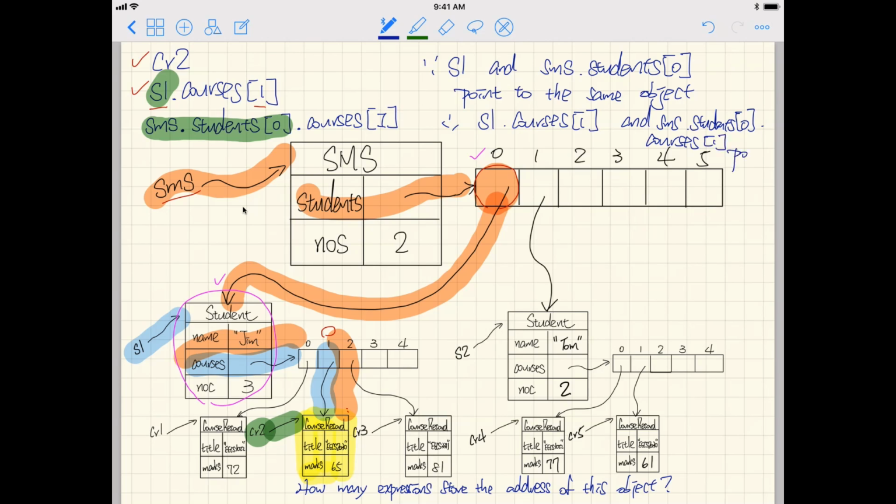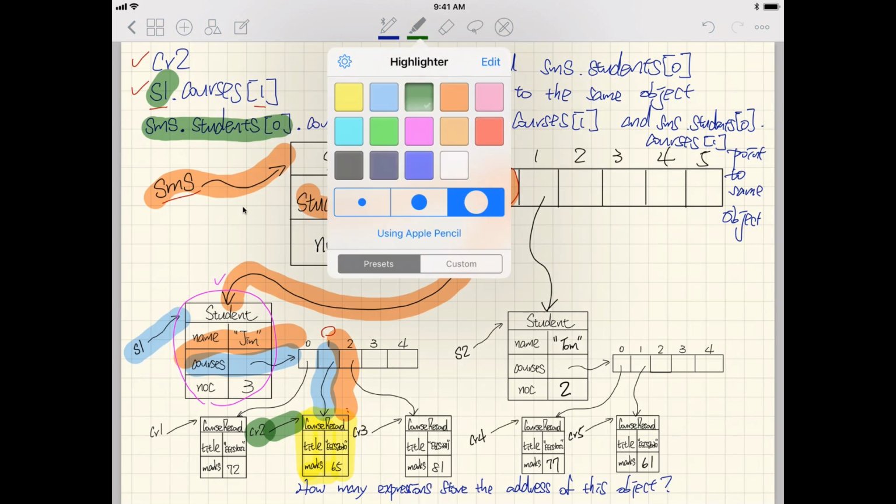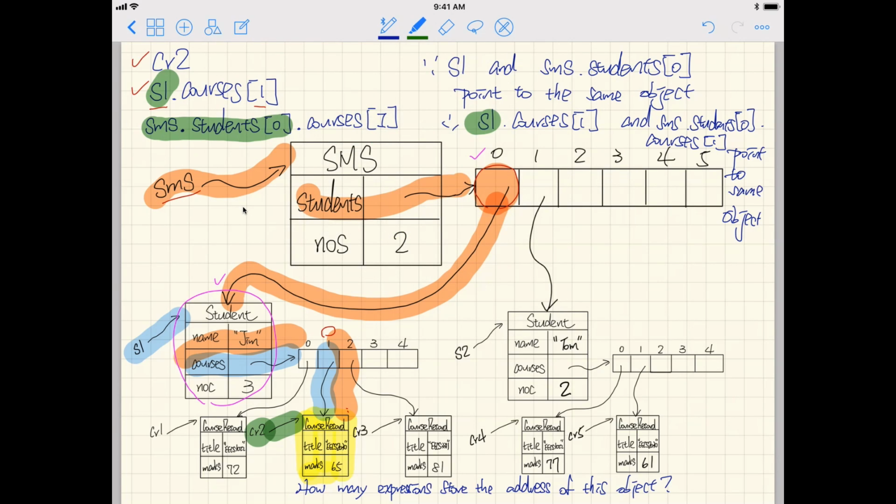They also point to the same objects. You can see over here, given that this part in the beginning points to the same objects, this one here, these two green parts are pointing to the same objects, so that means,